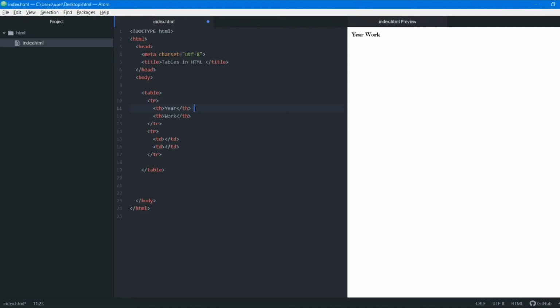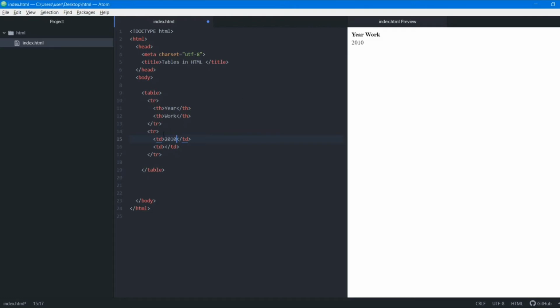So do you guys know how to add spacing? You can add a p tag for spacing. No, we cannot add a p tag for spacing. To learn how to add spaces between these, we have to learn CSS, but we are not learning CSS, so we'll just keep it like this. And then inside this td tag, the first thing I'll add is 2010.